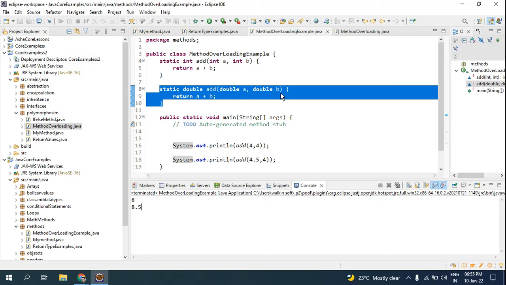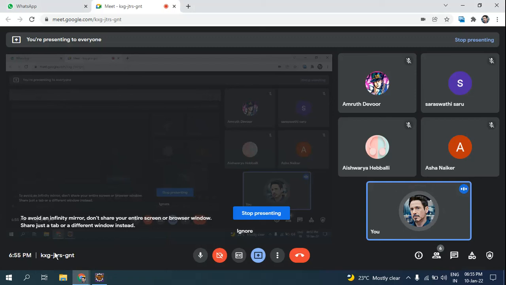When it comes to encapsulation, we'll be using getter and setter methods. Setter methods are used to set the data, and getter methods are used to get the data. As you know, setting is different from getting. Setting is you are arranging it. Getting is you are fetching it. So in encapsulation, we shall see the setter and getter methods. Other than this, from tomorrow we shall continue with objects and classes, inheritance, OOPS concepts, polymorphism. All these things are about to get explored. For now, the method is all about these things: single parameter, double parameters, and method overloading.